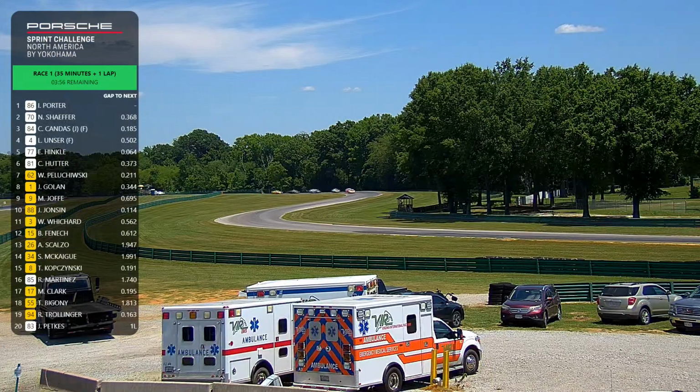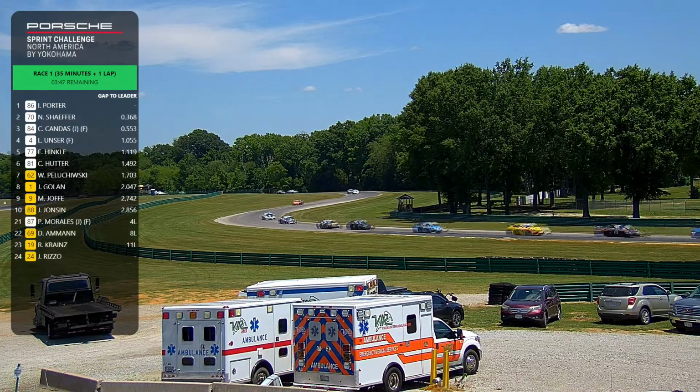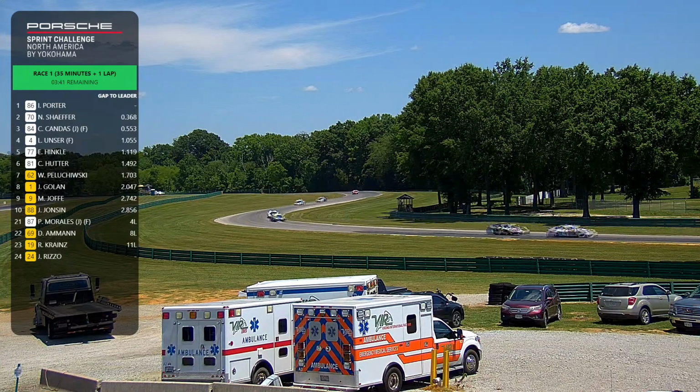Schaefer's really good late on the brakes and just does not leave any opening to come under any kind of significant attack. I did see Lonnie Unser was being attacked for that fourth spot. It was Evan Hinkle who was looking pretty strong in his first race of the season. Looked like